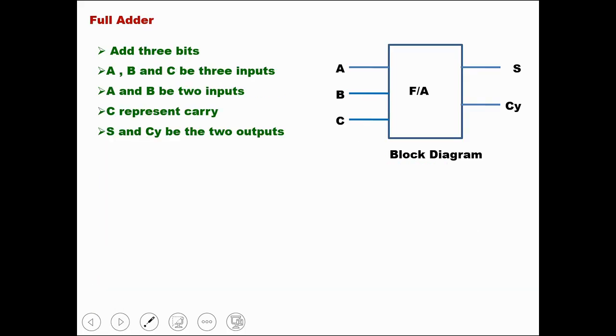Next we will go for full adder. So what does full adder mean? Full adder is a logic circuit which is used to add 3 bits. So the 3 bits are A, B and C. So here we have taken A and B as 2 inputs, that is significant inputs, and the third input C is taken as a carry input generated by the previous lower significant inputs. For example,